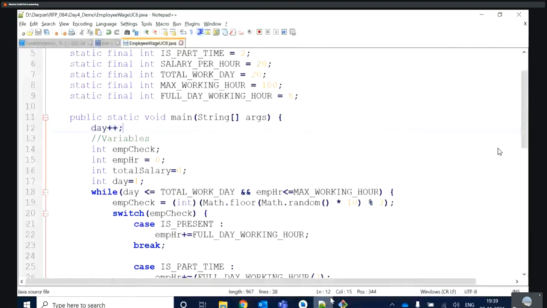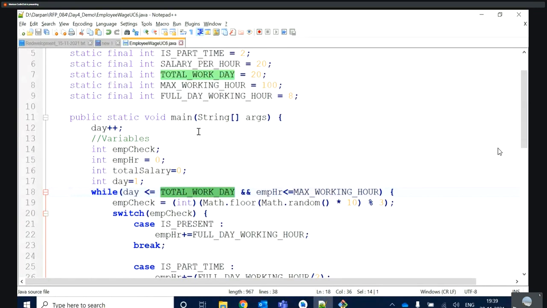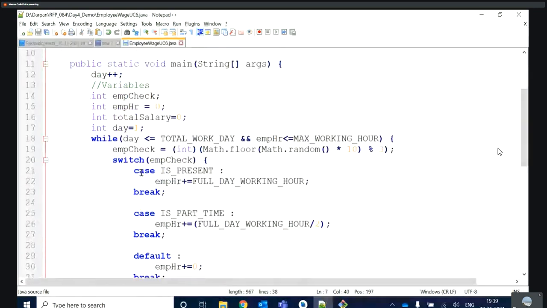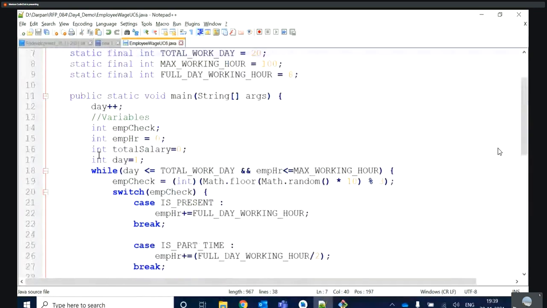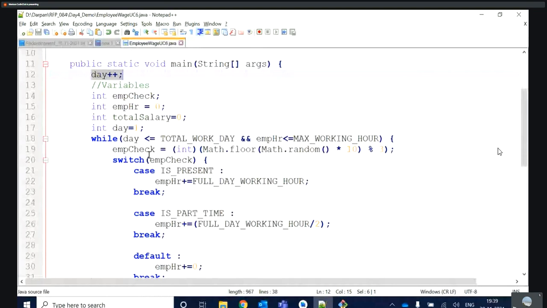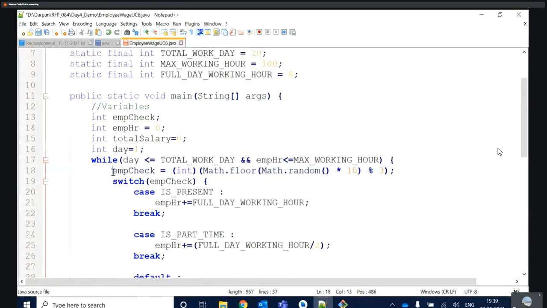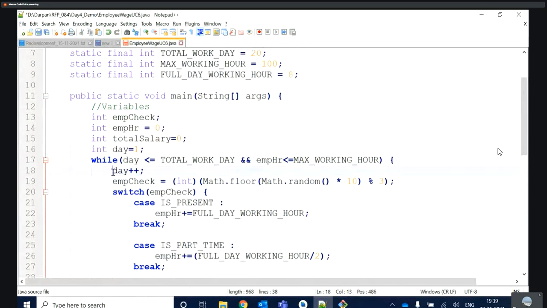Here in our execution, let's say my day value is equal to 20 now. So 20 less than or equal to total working day, that condition will become true, and this day plus plus will increment that value of your day.